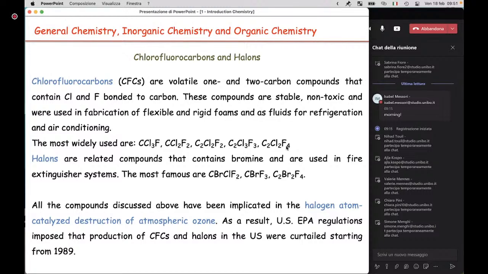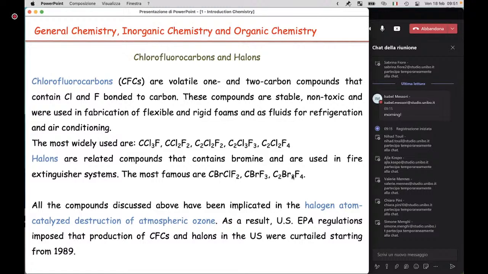As you can see here some examples. As you can see here and here we have also bromochlorofluorocarbons. But in the case of CFCs used for refrigeration, for air conditioning, the halogens substitute all hydrogens in the molecules. So they are no more hydrocarbons because they're not hydro. All hydrogens have been substituted by chlorine and fluorine, and in some cases also by bromine.